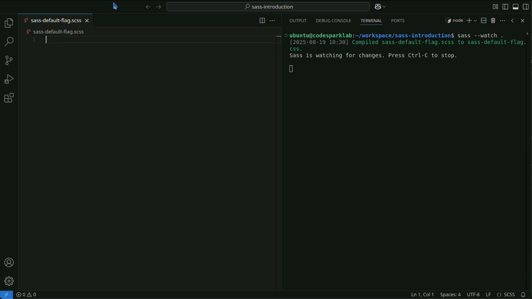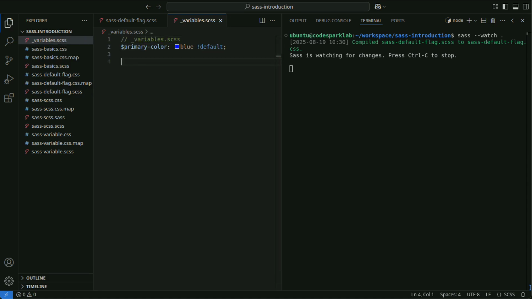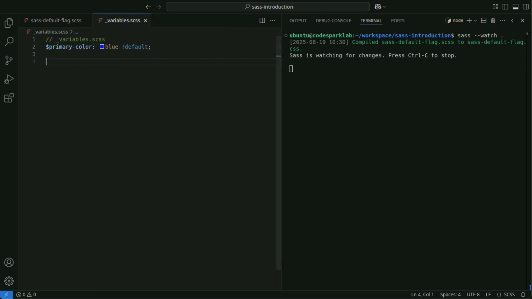The following code demonstrates the basic usage of the default flag. Defining the default variable $primary-color using the default flag.